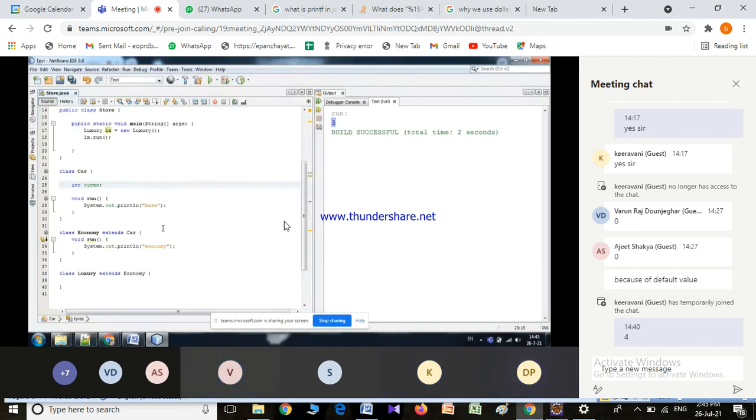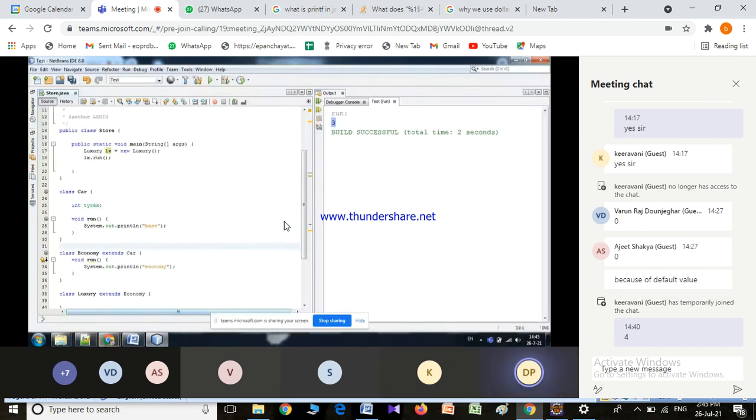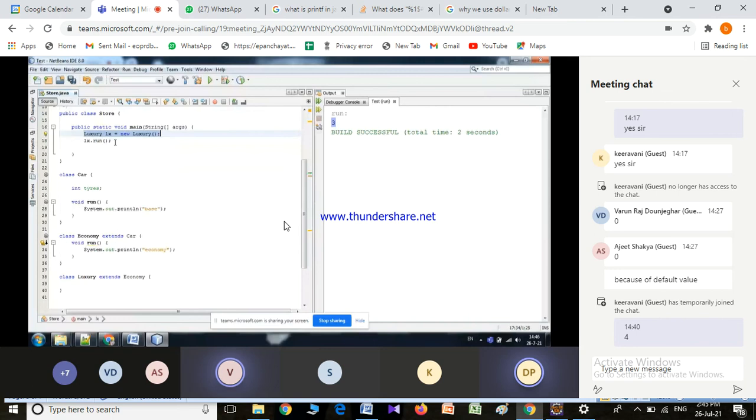See here, I am creating a luxury class object and writing the run method. Here luxury is extending economy. Economy has run and it is printing economy. As per the policy of the child-parent relationship, first it will check inside the child.